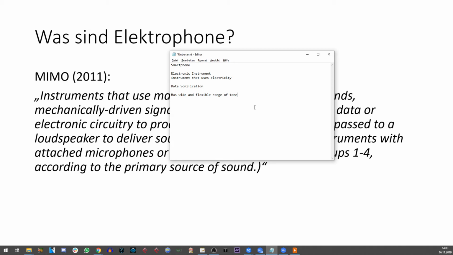If you have electronically processed music, you can pitch it up way higher than a piano or a flute can play, or way lower too. So it's a thing of that era in general. It makes sense that electrophones have a wide and flexible range, because that was just a mindset back then. You wanna do things with electricity that we couldn't do before.